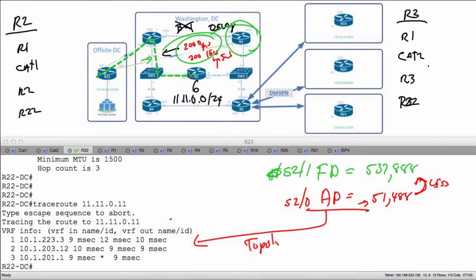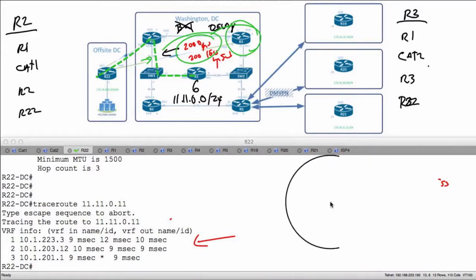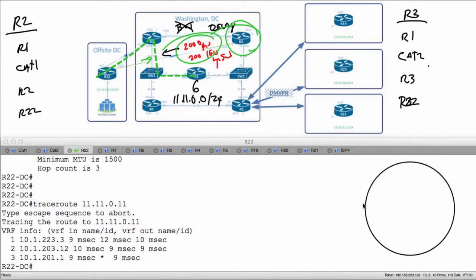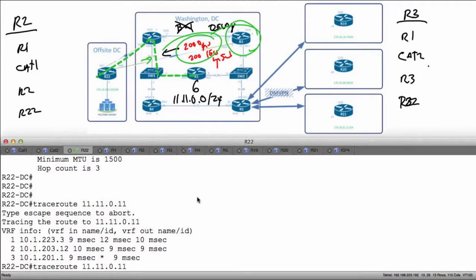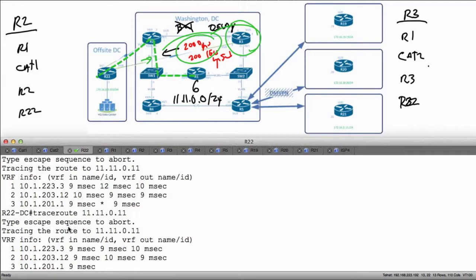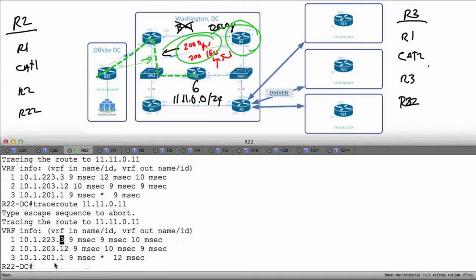First of all, let's just illustrate the point one more time. I'm going to go ahead and erase some of this console output. And let's take a look at what's going on on R22. I'll repeat this traceroute. What we see is we're going through R3. We're not load sharing through R2. And if I look at my topology table, show